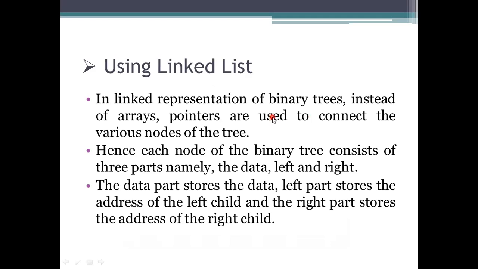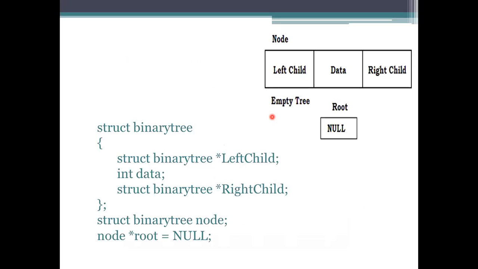But in linked list representation, we have a node. For that node, we use a link and the data, and it consists of 3 parts. Apart from the root node, it should consist of 3 parts, whether it has a right child or a left child. If it has a right child, it will be specified there. If not, it will be considered null. If it has a left child, it will be considered. If not, just keep it as null.